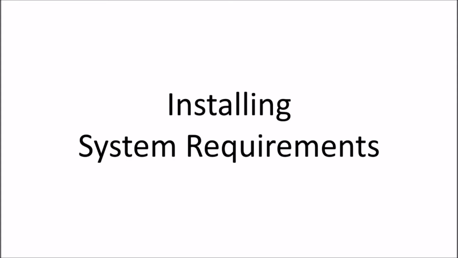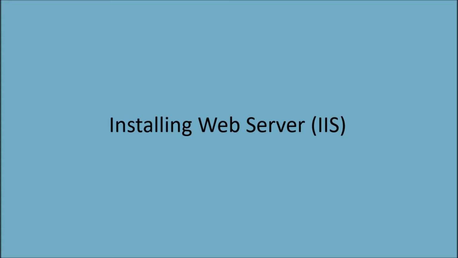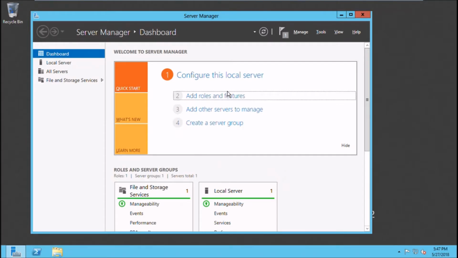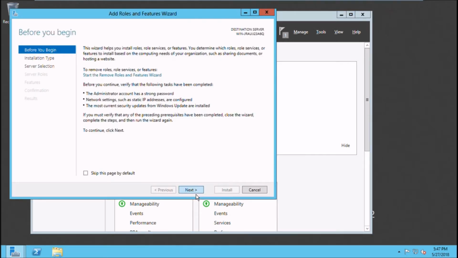Now I'm going to show you how I am going to install the system requirements. I will start with installing the web server, which is IIS. First, we open the Server Manager and then we press on Add Roles and Features in the dashboard. The Add Roles and Features wizard will appear. You can click on Next,